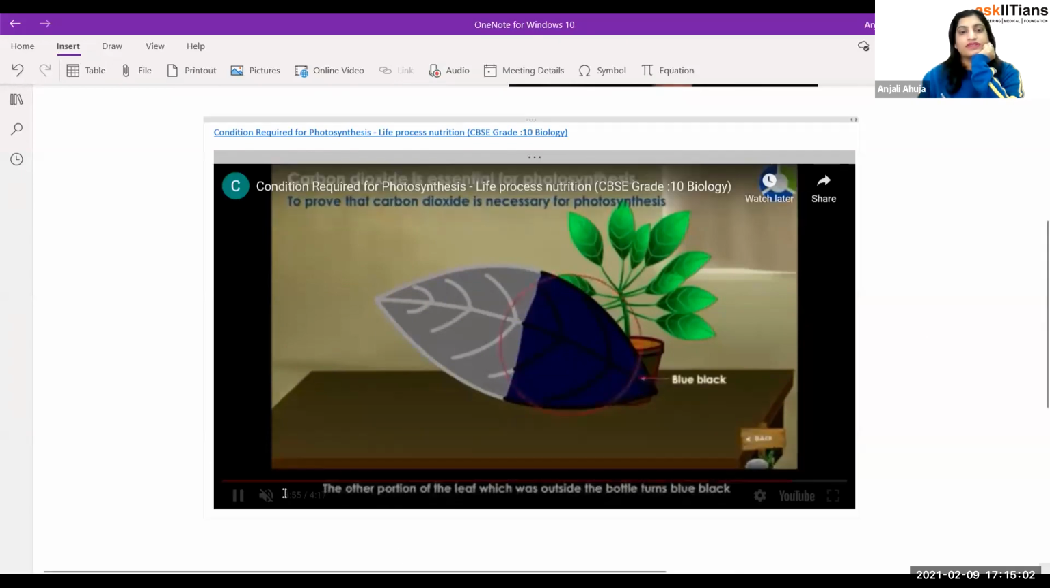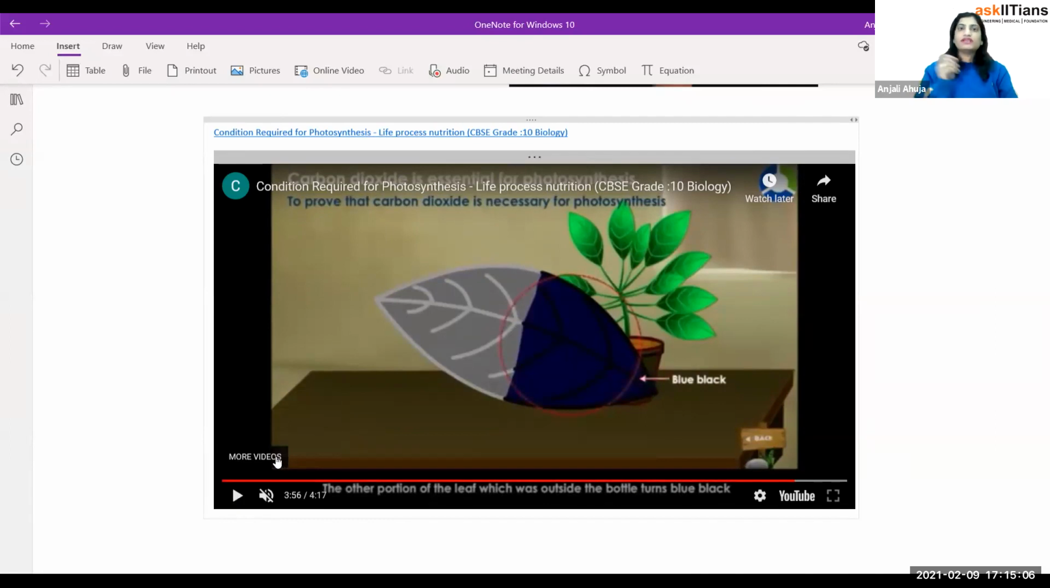The point is that they are taking the caustic potash solution and putting a leaf in it, because it is going to absorb the CO2 and convert it into further hydrates. The point is that it will absorb all the carbon dioxide. So inside the jar, even if it is outside,